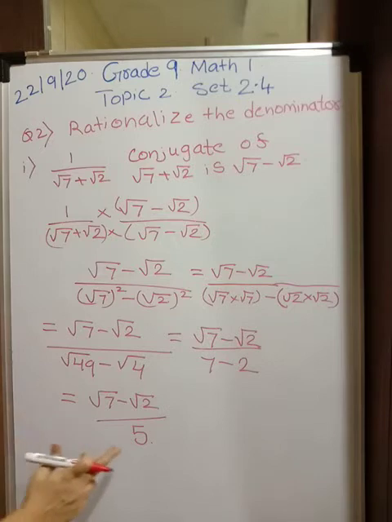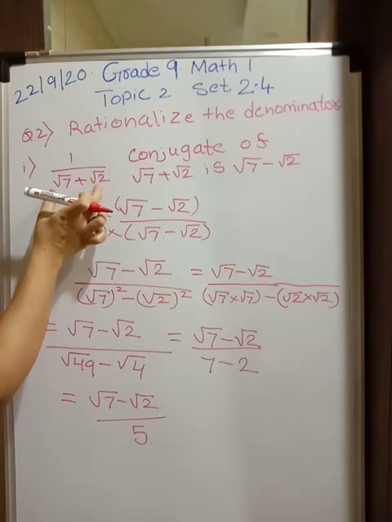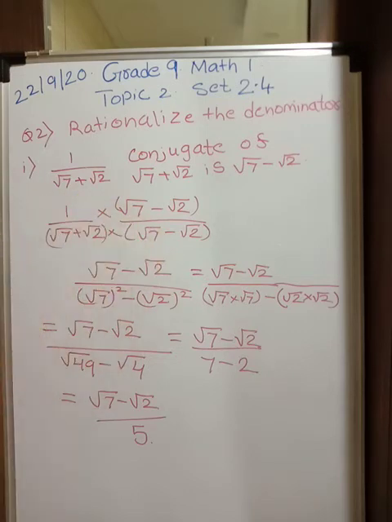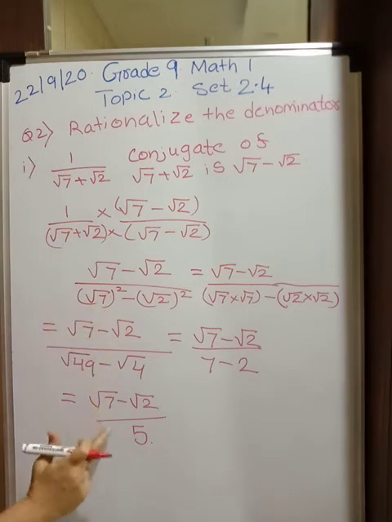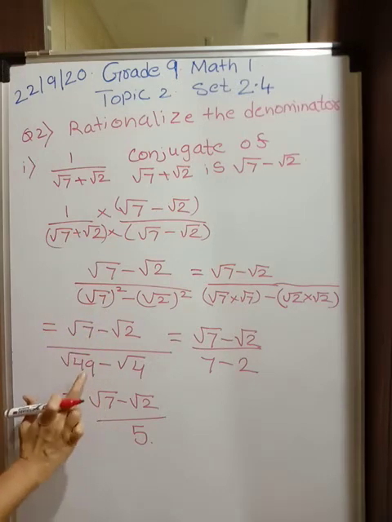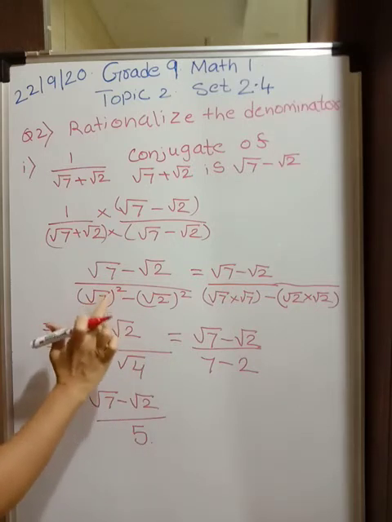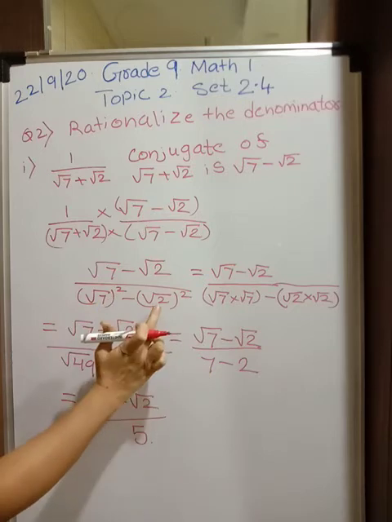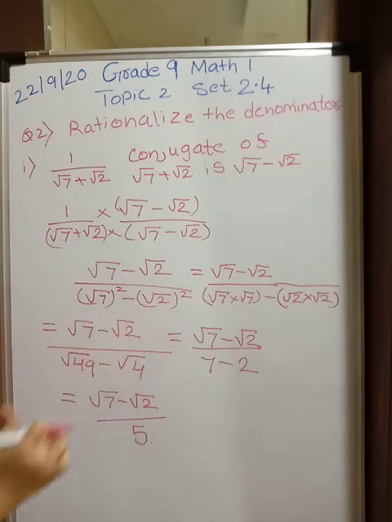Okay, earlier we rationalized the denominator when only one term was there. Now your binomial surds are there, so you need to multiply with the conjugate pair. I hope it is clear. Afterwards, when it comes to root 7 square, I am directly going to write this as 7 over here. So minus 7, root 7 square is 7, root 2 square is 2. For your simplification I have written this. This was the first problem. Okay, let's go to the second one.